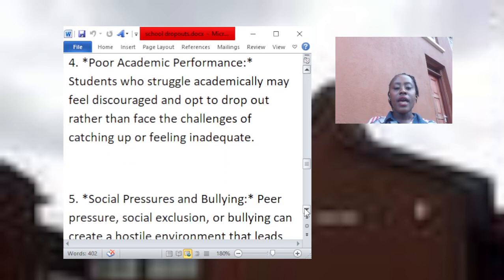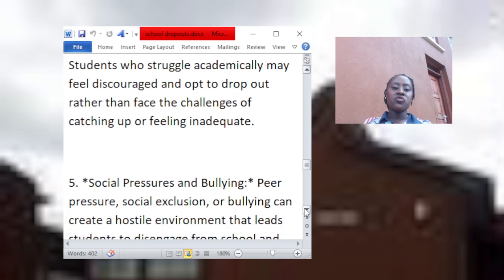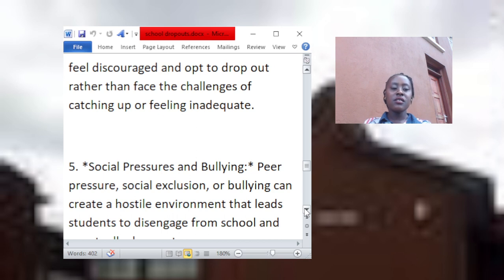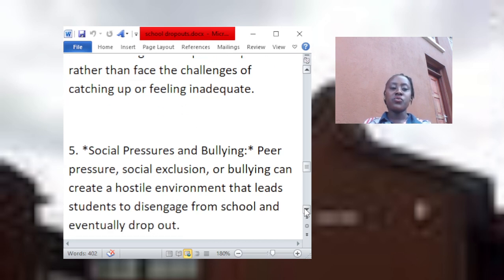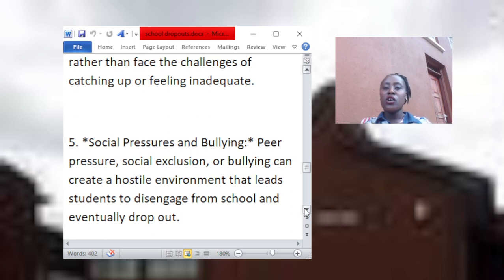Number five, we have social pressures or bullying. Peer pressure, social exclusion, or bullying can create a hostile environment that trains students to disengage from school and eventually drop out. You find in schools there are students who are older than others and even big in terms of size. So you may find they are discouraging the younger ones and taking advantage of them, forcing them to do things for them,